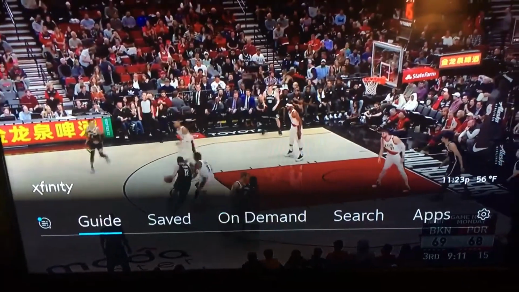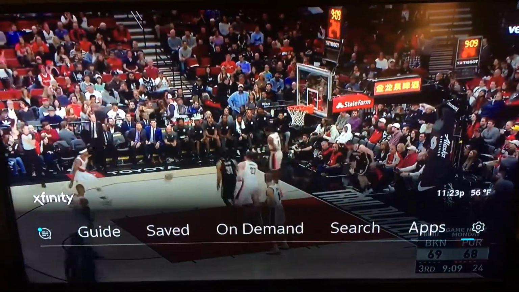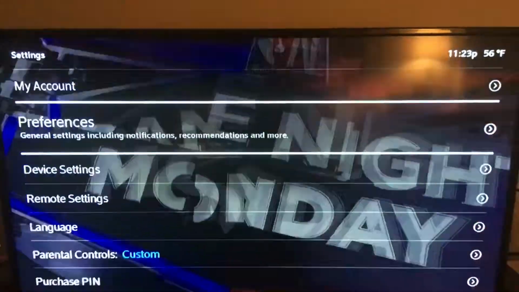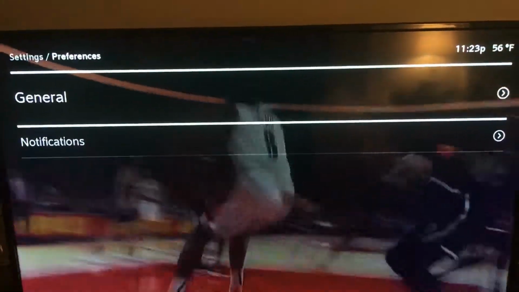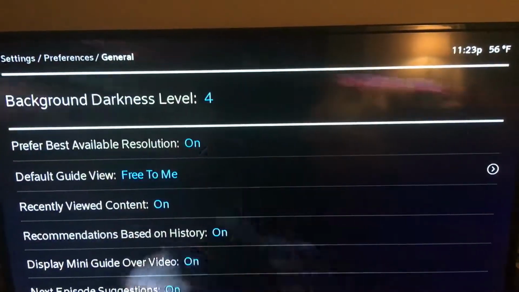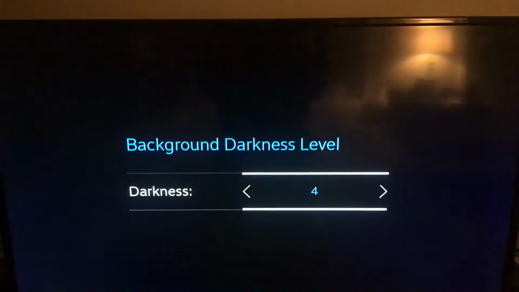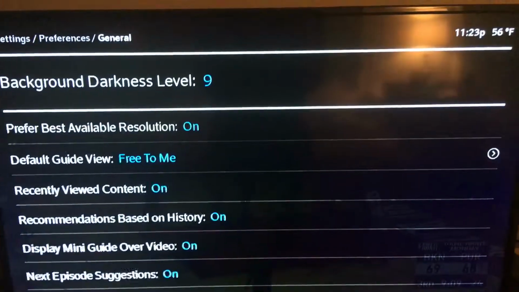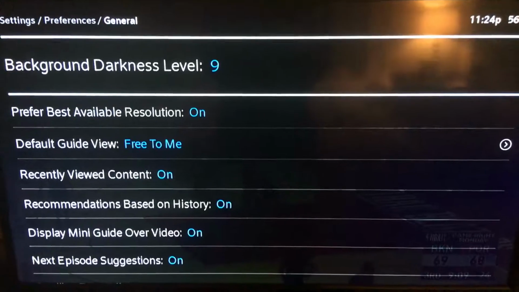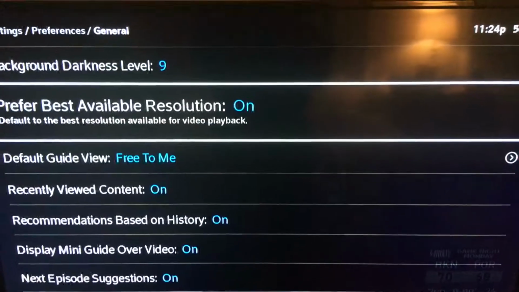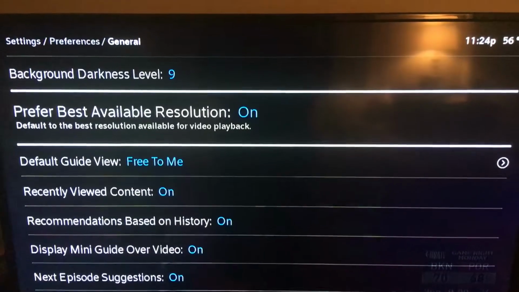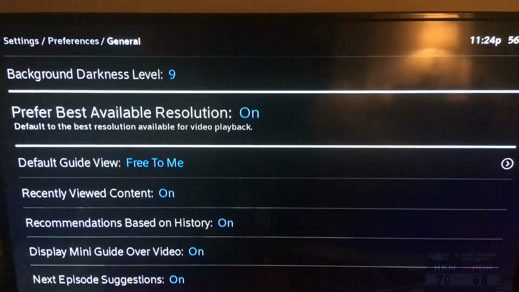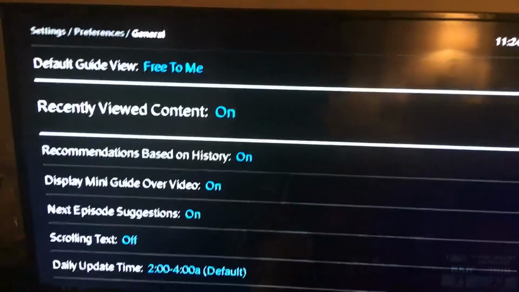If you haven't seen this part, you can go over here to this little cog wheel in the settings, and you can go down to preferences, general, and then I'm gonna just darken it so we can focus more on the text here. So I'm just darkening it to about 9, just so we don't have too much going on in the background. But one of the main things you want to make sure is that your resolution is on to have the best resolution, and you can also go down to